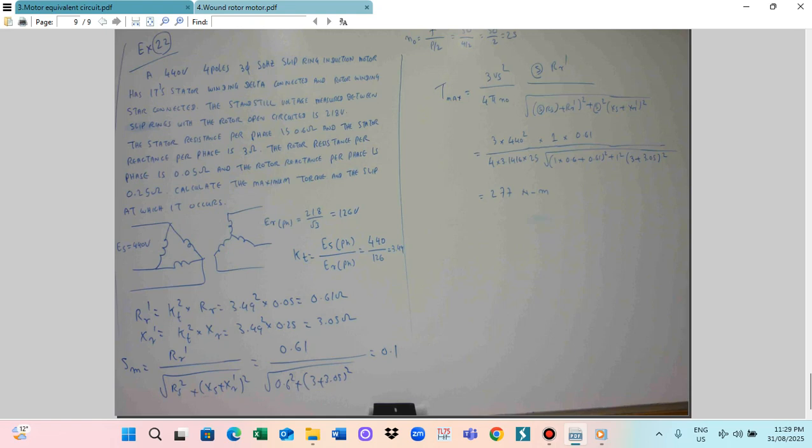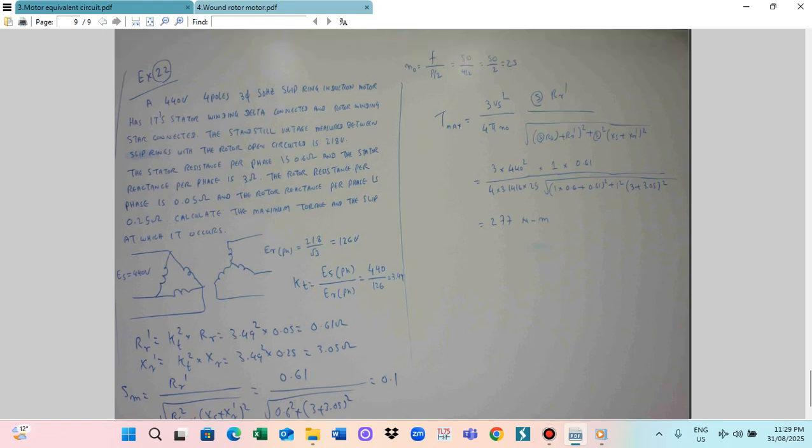So now you substitute here. Vs is the supply voltage of 440 square divided by